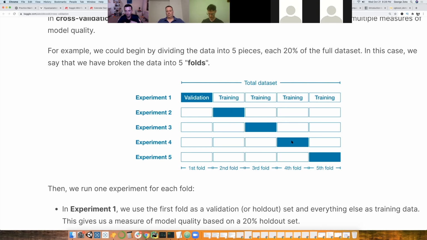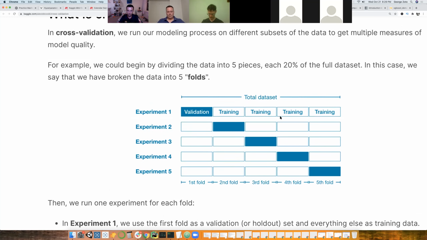Then the third, the fourth, the fifth, and so forth. So basically we have 5 different models that are each exposed to a different subset of our data. And really the goal is to make sure that collectively all the models are exposed to all the different training data.